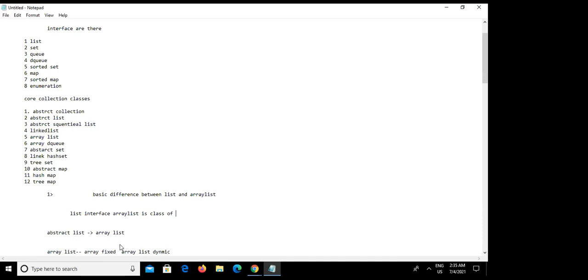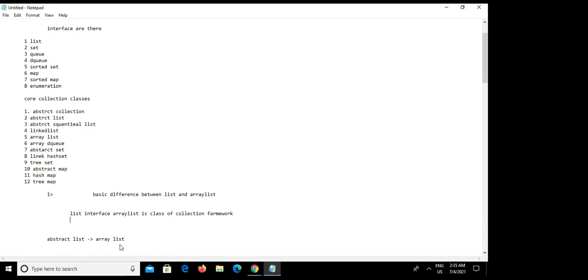One more definition. The list can expand, array list can expand as well as shrink in size. Your voice is breaking.